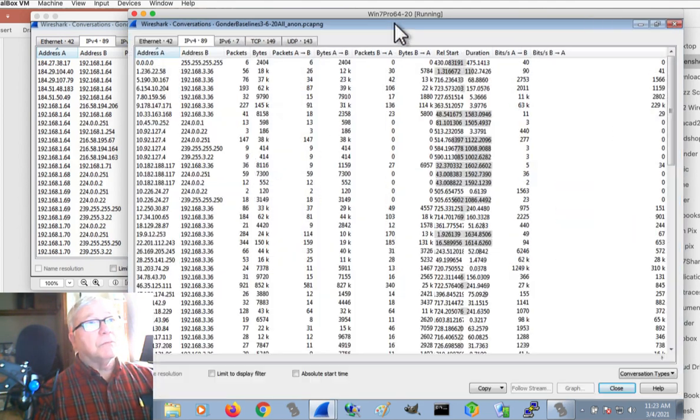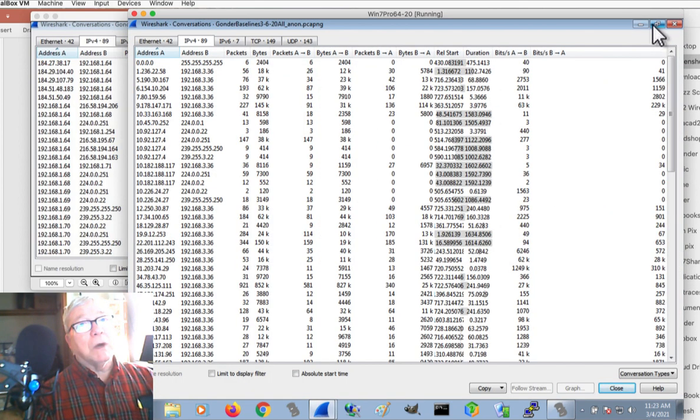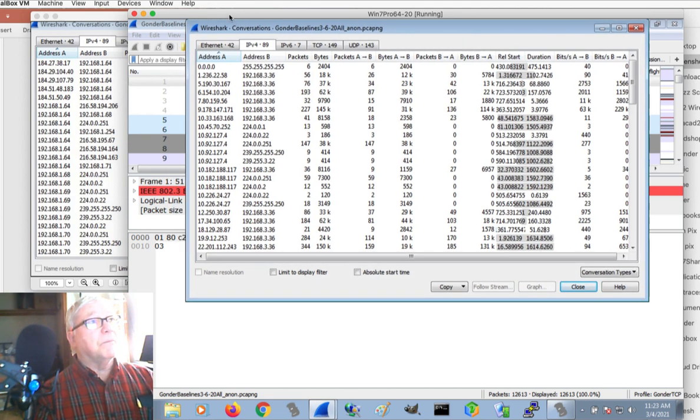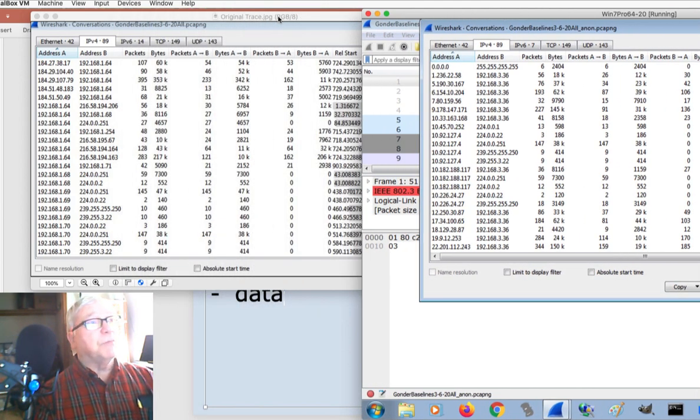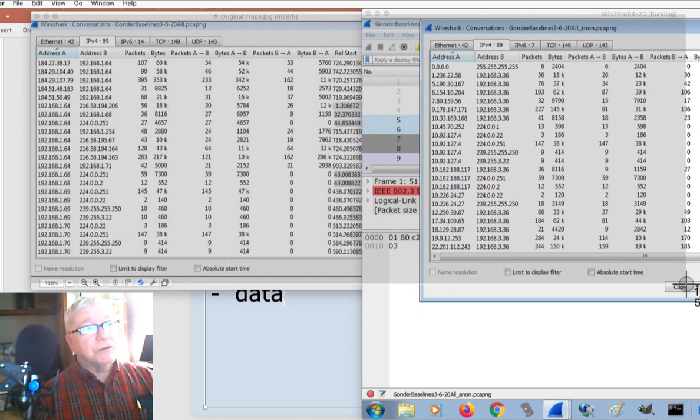to, wow, gotta love Windows. You'll be asked to compare and maybe take a screenshot of your original versus your anonymized. So that's what I'm going to do right now. I've set these out here so that I can compare and contrast these. And there we go, I took a screenshot.